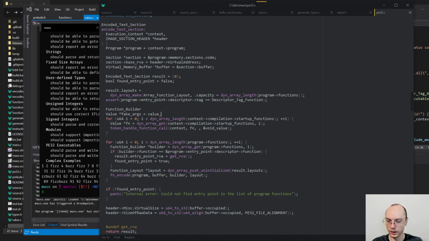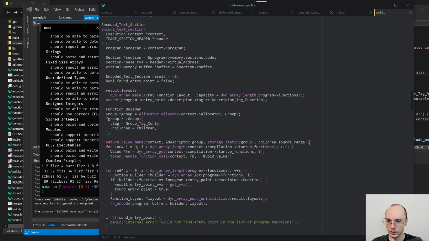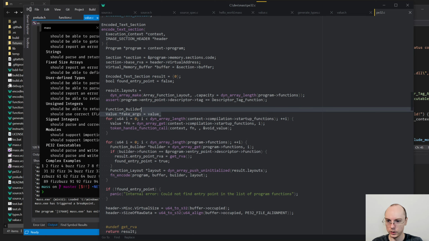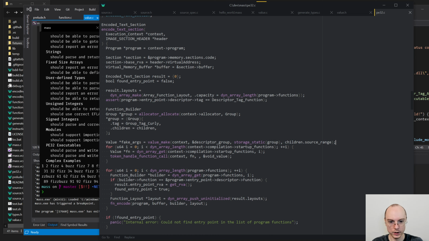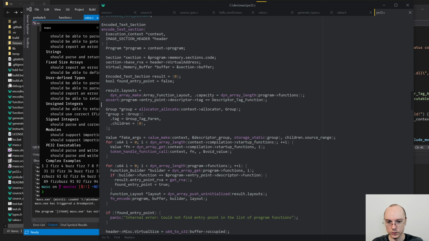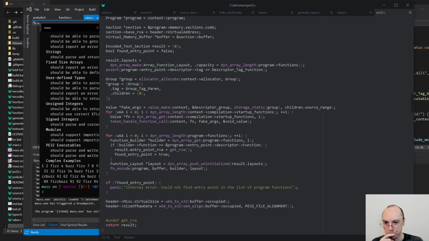We can take that code and group. So fake arguments is this. The only difference is this is parent and we actually don't have any children. Okay, so that should take care of us not having arguments. And now we just need to be inside of the function ourselves. Not necessarily, we just need a builder,